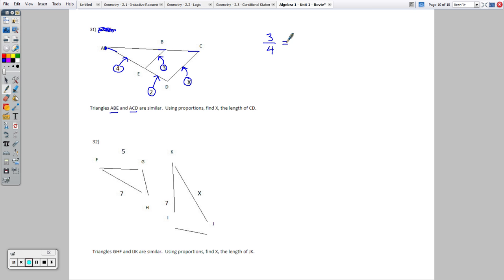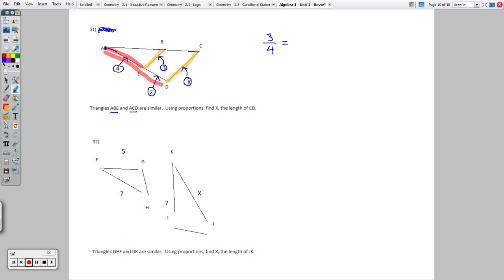3 divided by 4 would equal, so I've got this part. I'm going to use my highlighter for this. I've got this part to this part. That's going to match up with this part to the whole thing right here, the whole length going this way. It's not just this piece. That's a common mistake I see. It's the whole length. So this triangle, this matches up with this in the same way that this matches up